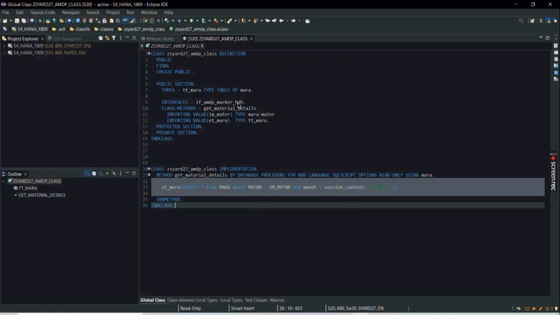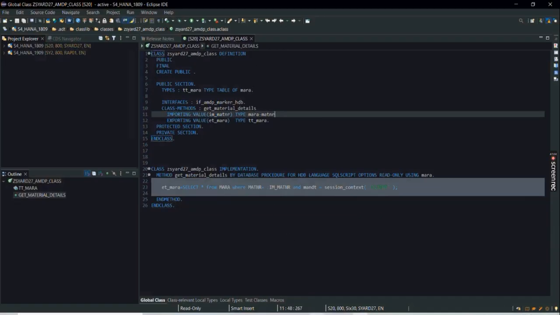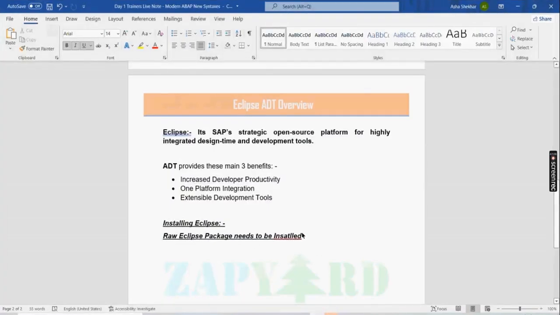So I hope up to this point there is no doubt with respect to installing Eclipse. And as I said, a very important point is that